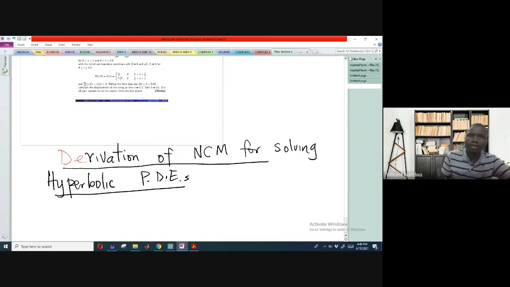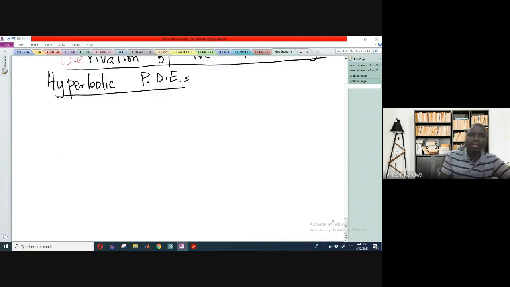The example that we're going to take is an example of a wave equation. So consider the wave equation